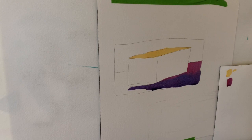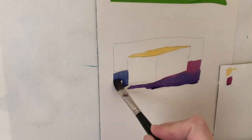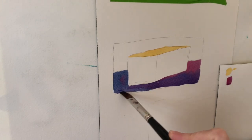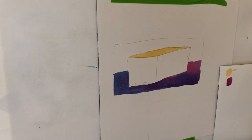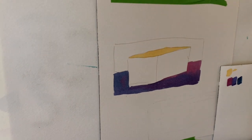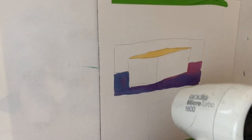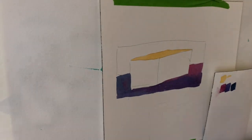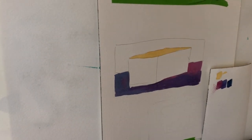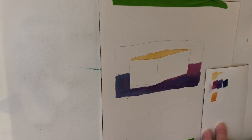ultramarine blue and some rose and also some Prussian blue. So in other words, I'm using three colors to accomplish the task of filling in the mass underneath the box. And now I'll put the three colors near each other. What I did was I used those three colors to create that mass underneath the box. So one color at the top of the box and three colors, or a triad, for the space underneath the